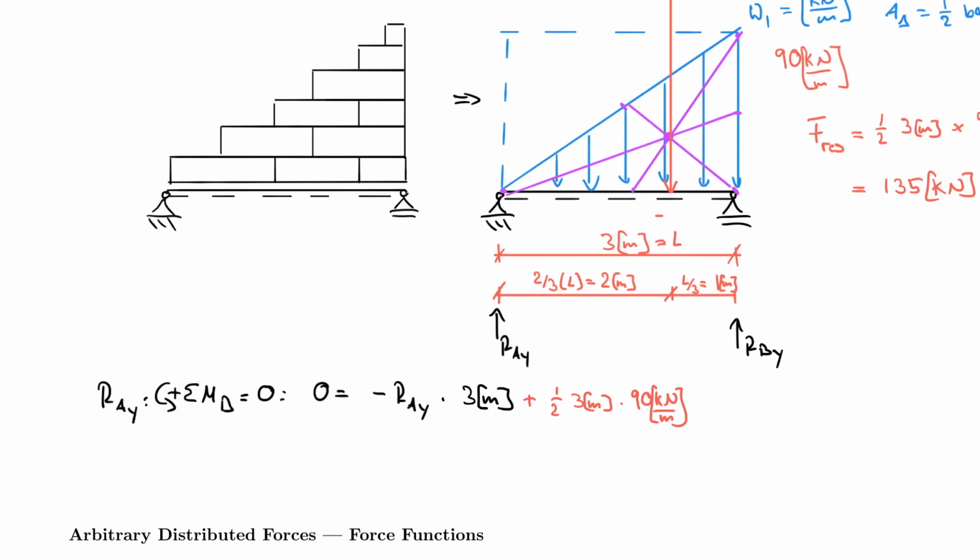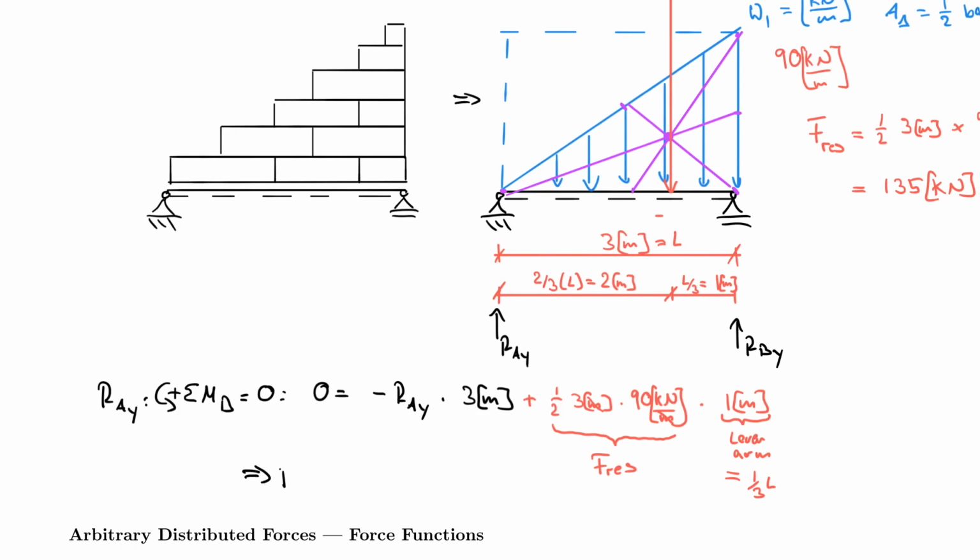And then this needs to be calculated or multiplied by the lever arm, which in this case, now be careful, we're turning about point B, so I need to multiply it by 1 meter. So this is the lever arm, and in this case, it's also equal to 1/3 L. And then this part here is F resultant. And so you can then calculate your total